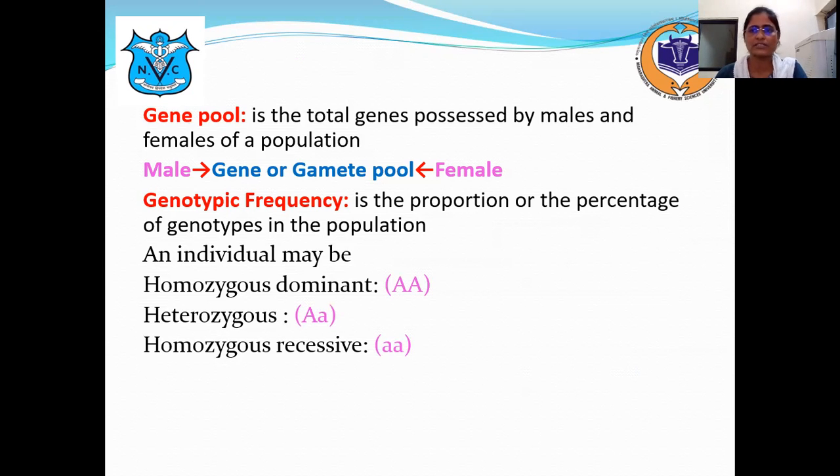So first of all, what is the genotypic frequency? Genotypic frequency is the proportion or the percentage of the genotypes in the population. Here we are considering a single gene present at a fixed locus with two alleles. One is dominant and another is recessive. Here we are considering capital A as the dominant allele and small a as the recessive allele. When we consider a single gene with two alleles, we have three possible genotypes, that is homozygous dominant, heterozygous, and